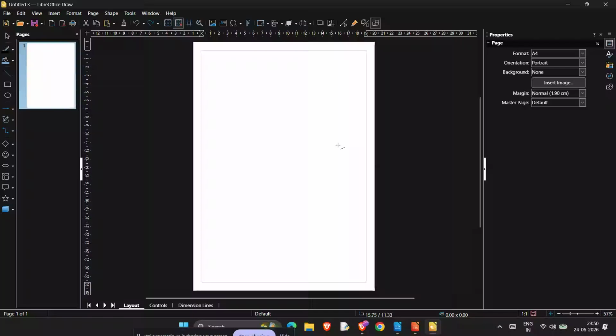In today's video, I'm going to show you how to add connectors in LibreOffice Draw quickly and easily. Connectors are super useful when you want to link shapes, build flowcharts, create diagrams, or make your layout look more